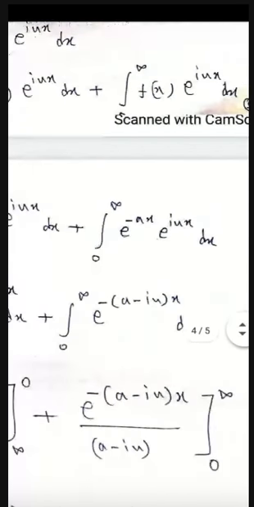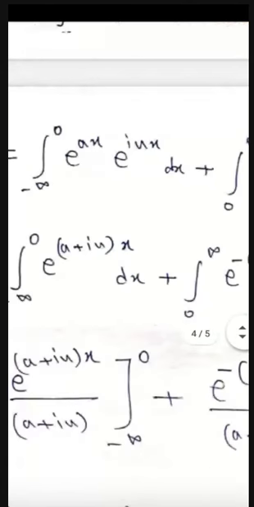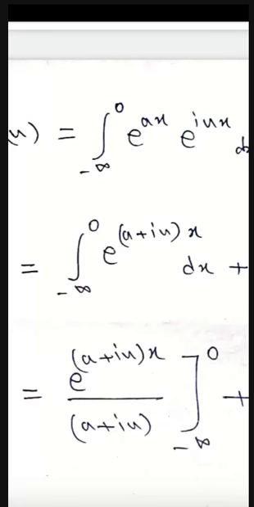Here I've taken minus x outside to make 0. But here there is no option to take minus x. Moreover, for minus infinity, the minus sign is the limit itself, minus infinity, so nothing to worry. But here it is not possible. That's the reason. It is a major part that I'm discussing with you. So to get 0, I made it like this.